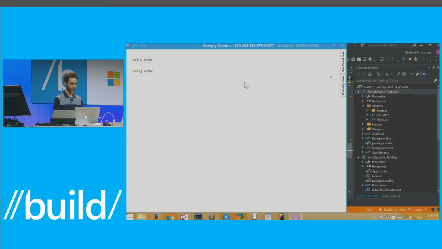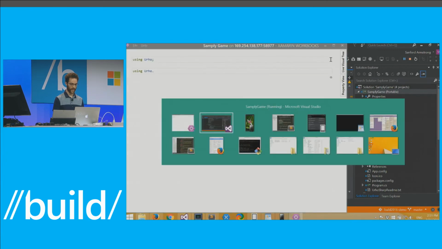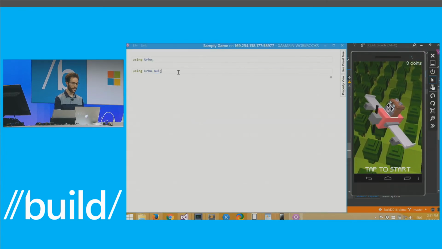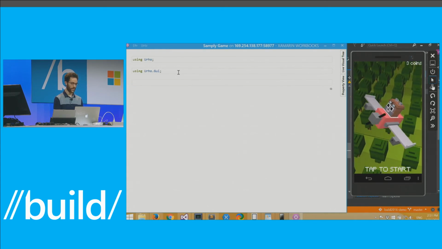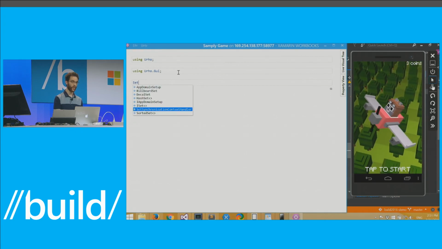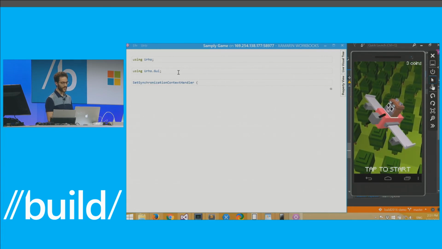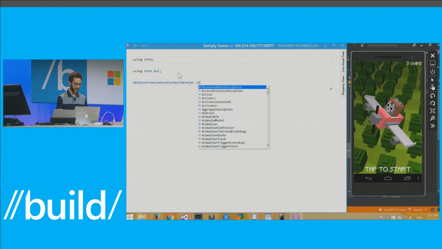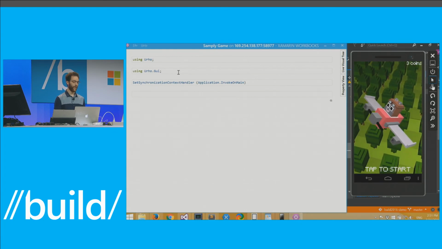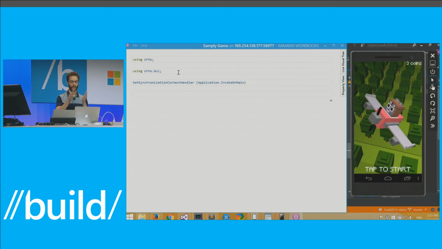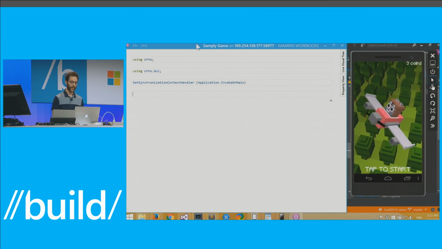So the first thing I do is I connect. This is directly from Visual Studio. We have a little button here to start inspecting the game. So I need to bring in a few namespaces. That's probably enough. And then I need to set up the inspector to actually use the game's main loop. The interesting thing about the inspector is that it knows about Android, but it doesn't know anything about Urho. So normally, when you start executing code from the inspector, it's running it on the Android main loop. We have to tweak it and tell it, no, Urho's got its own main loop.